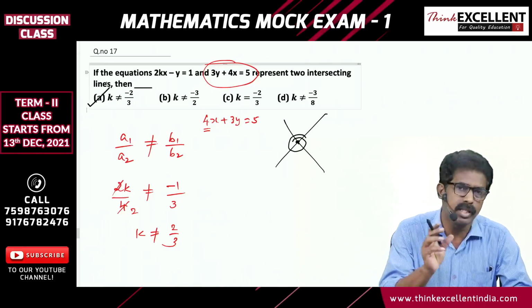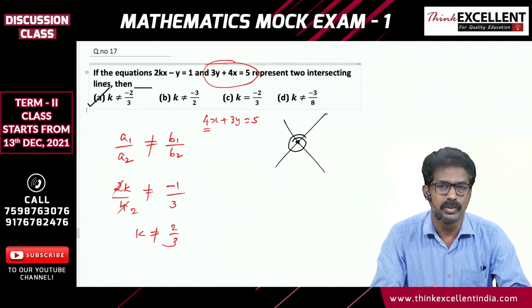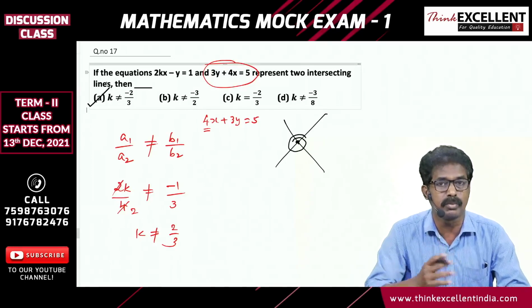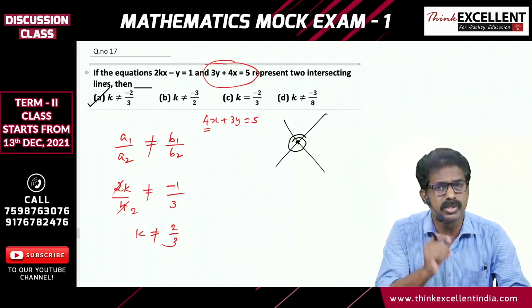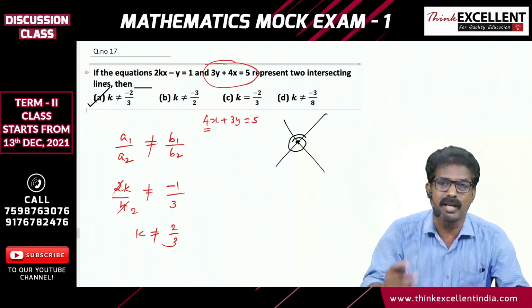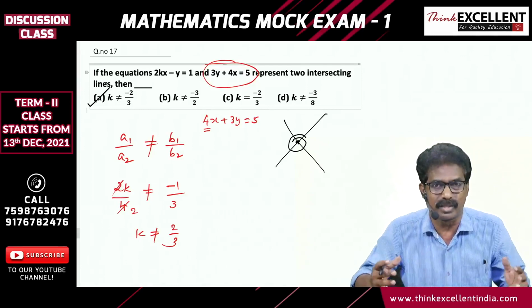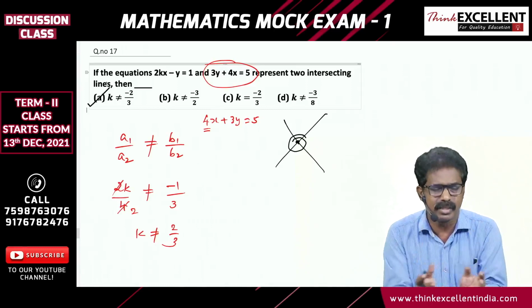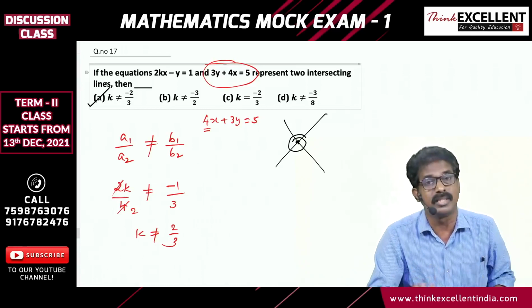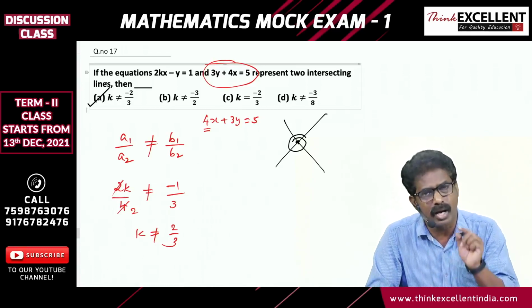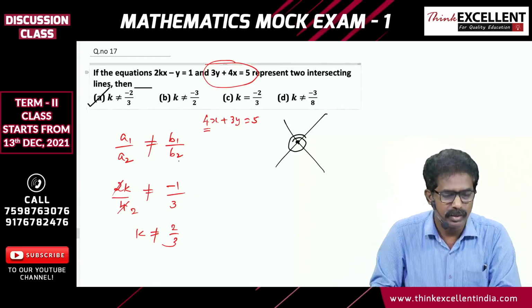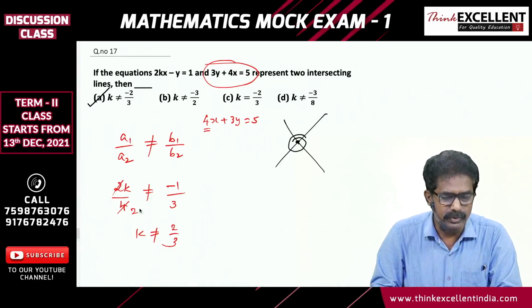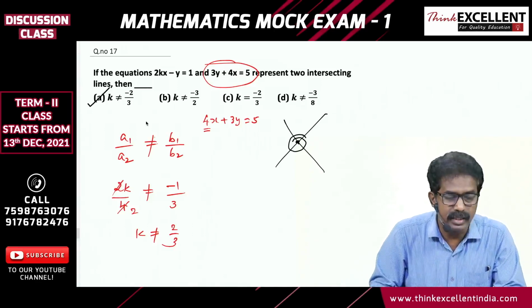So always read the question very carefully. You have plenty of time. First you are getting reading time of 20 minutes. Don't take it lightly. You should not be overconfident. Sometimes in simple questions only we make mistakes. If the question is tough, we take more care and give it more respect, right? With some trigonometry and all, we give full attention. But with some easy topics we might think, oh, it is easy only. Please don't be like that. All these are experience to you, so that in the board paper you won't make any mistake. So here your answer is option A.